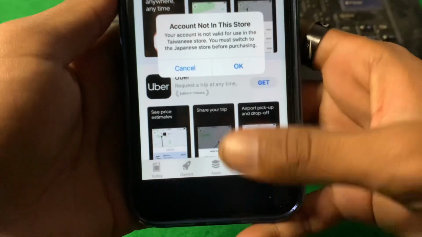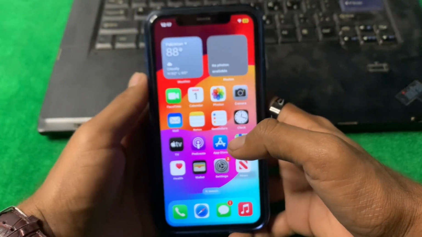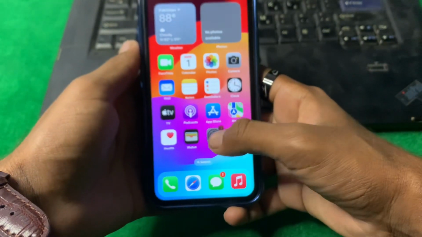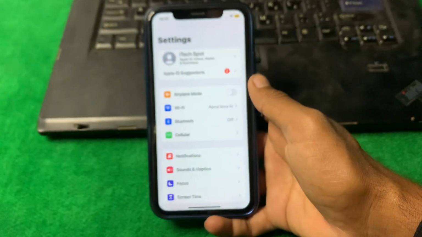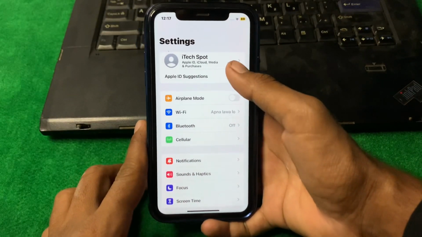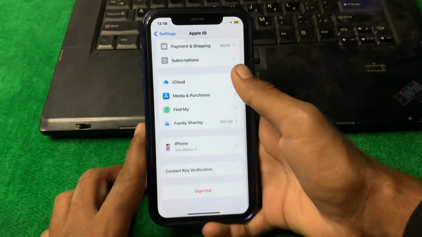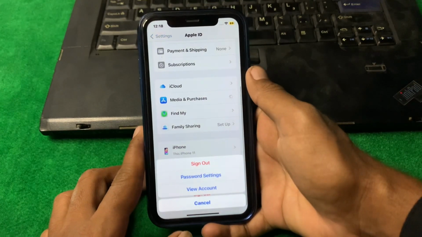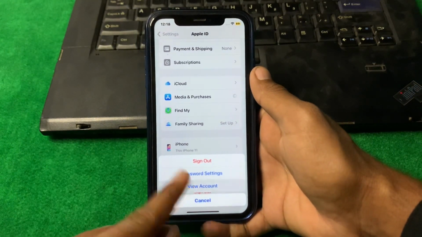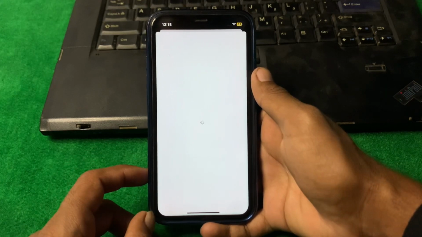So first of all guys, what we need to do, we have to simply close this page. Now after that guys, you have to just simply open settings, and now from here guys, you have to just simply tap on profile, and from here you have to just simply tap on media and purchases, and now from here you have to just simply tap on view account and wait some seconds here,